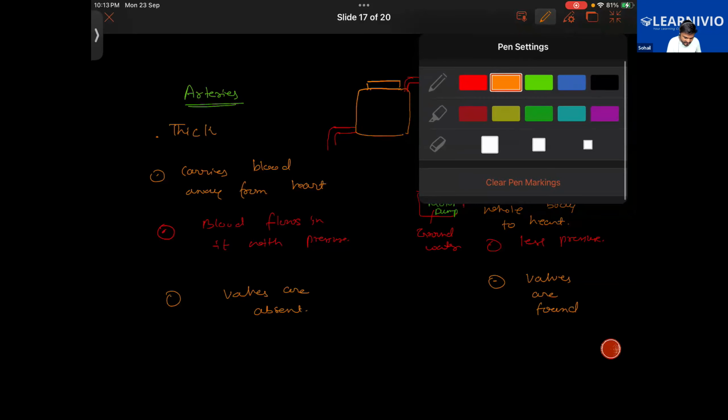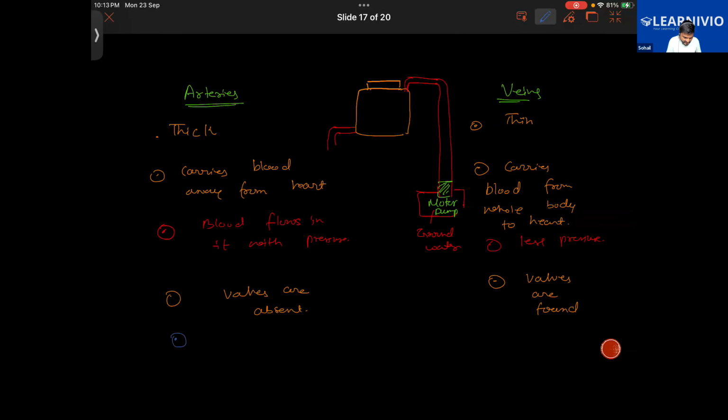Another very fundamental difference between the two is that arteries carry the pure blood. Blood that carries food and oxygen is called pure blood. Getting it, Priyanka and Abu Bakr? Yes, sir. Pure blood is the one that has food and oxygen. The heart pumps the pure blood into the artery, and that blood contains food and oxygen,